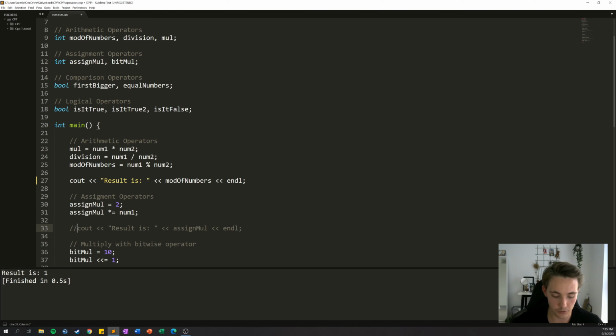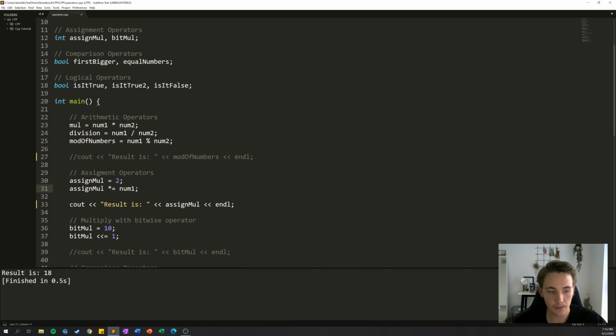And if we print this out instead of the arithmetic operators up here, we will get the result, which is 18, the same as up here. So we can also do these kinds of assignment operators for all arithmetic operators, if we just put the sign before the equal sign, the assignment sign here. And we can also do